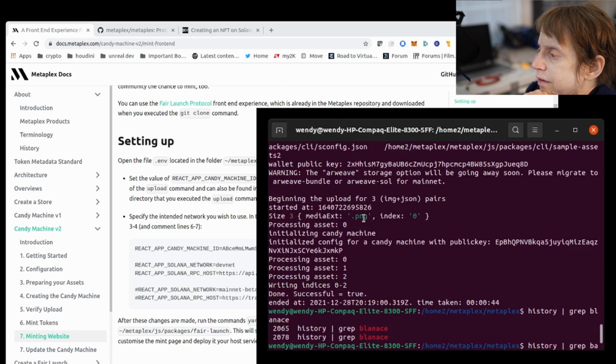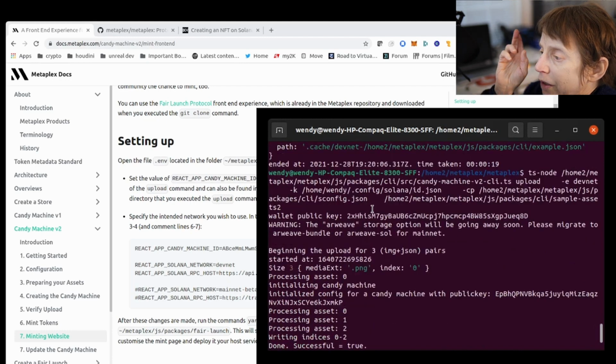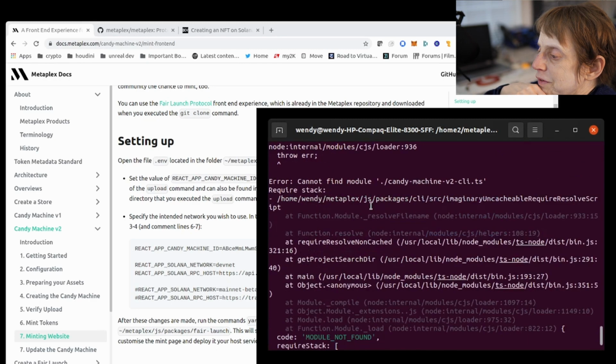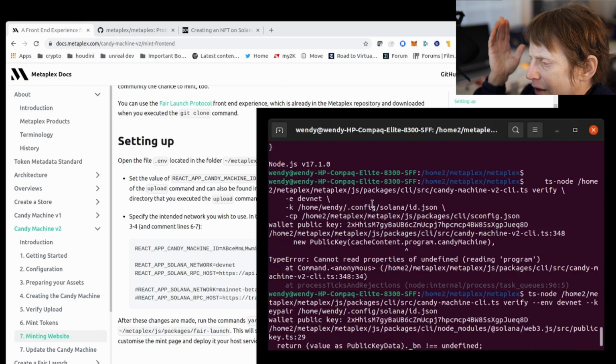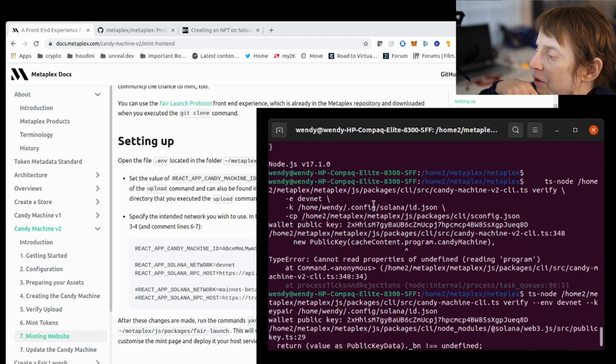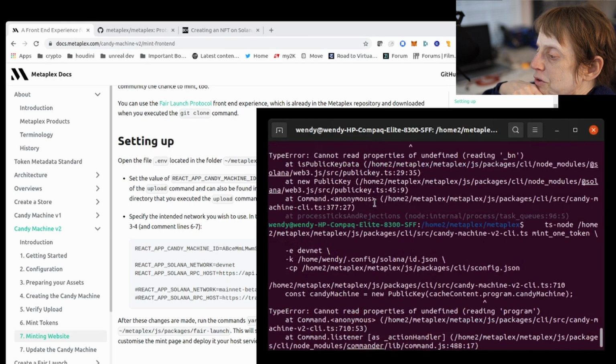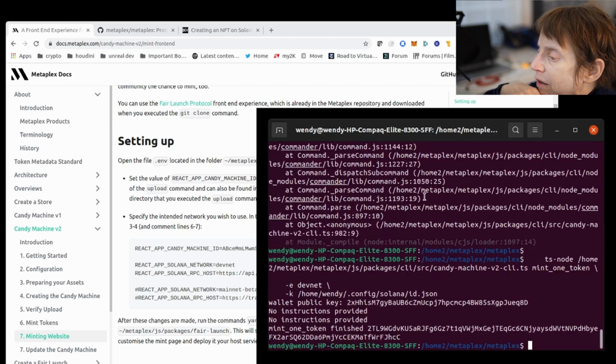process assets. Of course, we ran into the other issue with the cache that I believe is why we couldn't verify, because you can't verify something against the cache if there's no cache. I have to look again and see how the gentleman in this article here did it. But we were able to mint a token. There we go. In fact, I'm going to save this output